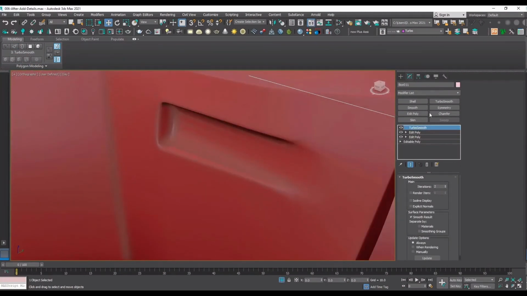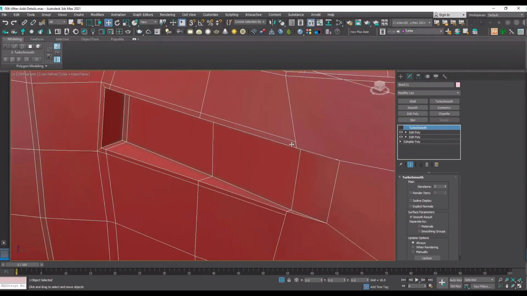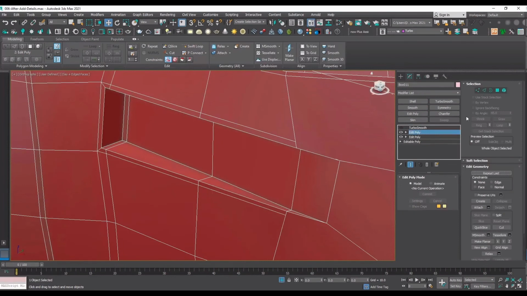But here we have also some things to do for these parts. You see we have applied a diagonal edge there for it to be perfectly in line with TurboSmooth, and also for that matter we have to do the same thing like this